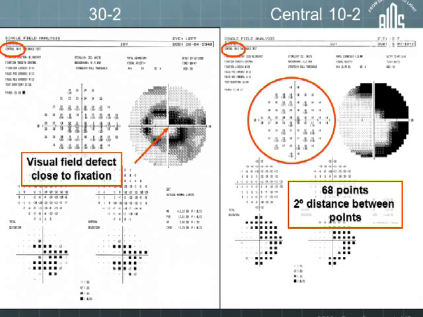You will find that this data is not enough for us to manage this patient. So what you would like to do is a central 10-2, and why is that? Because you're looking at 68 points with 2 degrees between the testing points. You're looking at a very close look at the central 10 degrees of the visual field. That's when you need to understand that in advanced glaucomas you have to do a 10-2, even